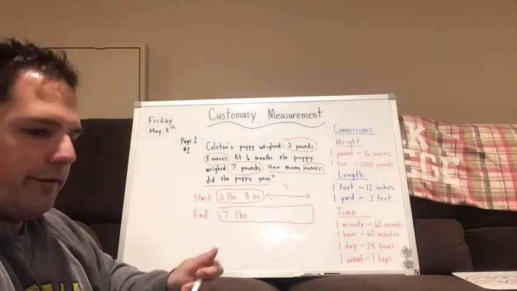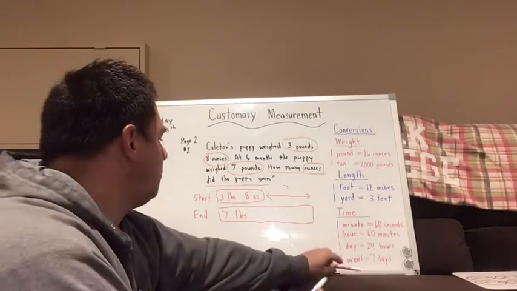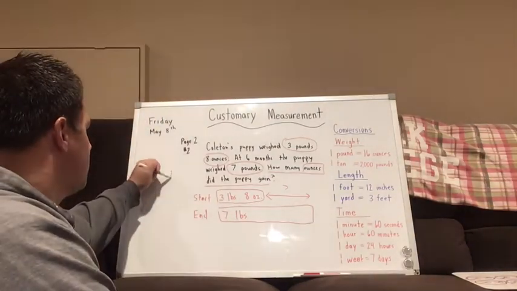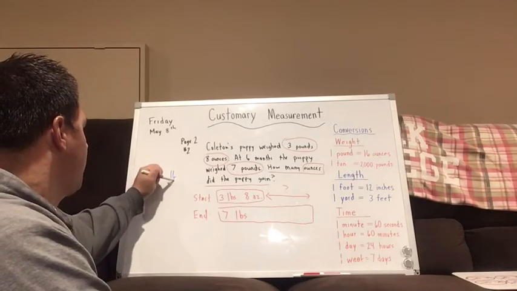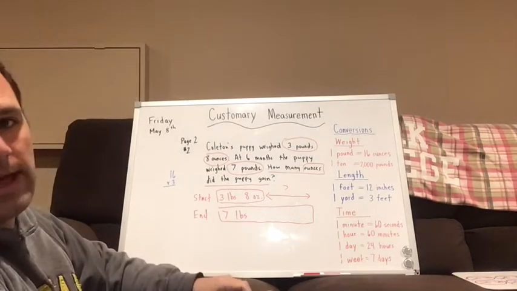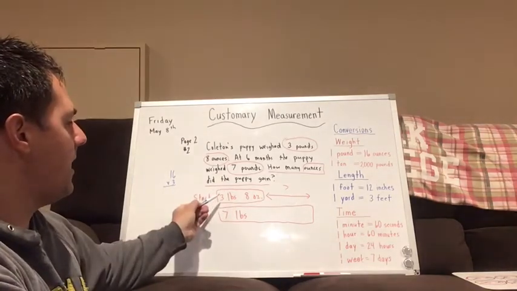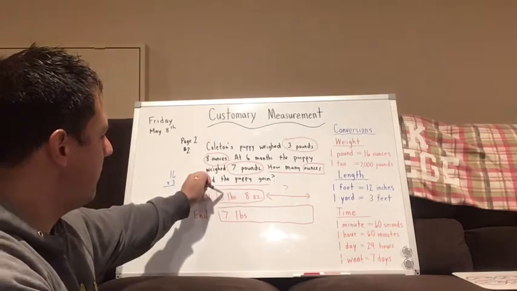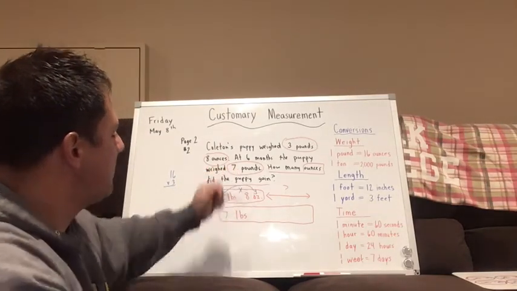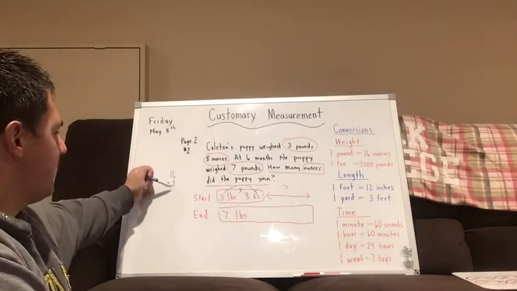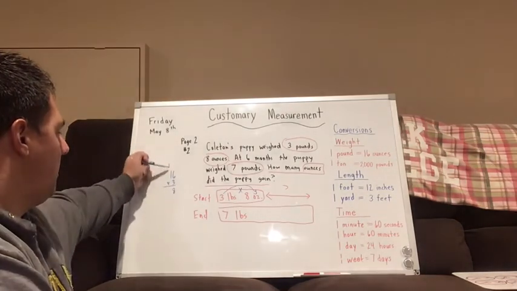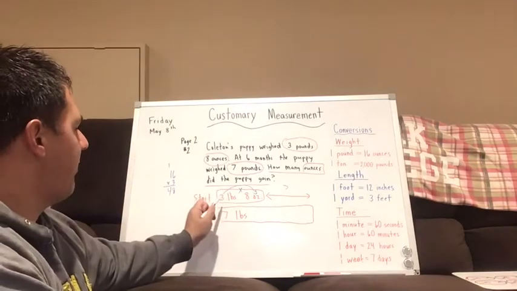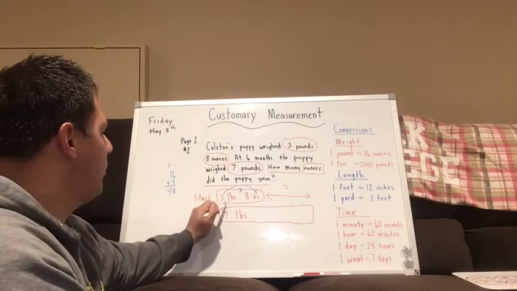So what I'm going to do first is take my 3 pounds and convert that to ounces. So over here, I'll just do 16 times 3. Again, think about your input-output table. Because we're going from a bigger unit to a smaller unit, we have to use multiplication. So I'm going from pounds to ounces, so that's multiplication. I know 3 times 6 is 18. I carry my 1. 3 times 1 is 3, and 1 more is 4. So I know that 3 pounds is really equivalent to 48